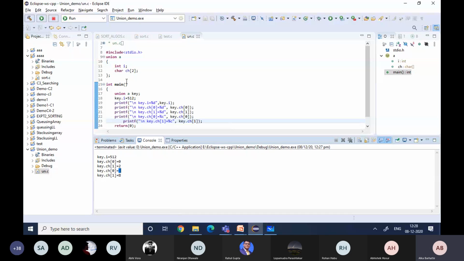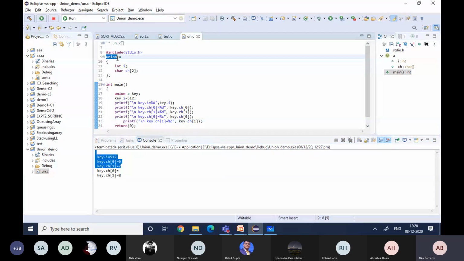Okay, so that means the same memory location. So from this we can say that the union members are sharing the same memory location. The rest everything is similar to your structure. Instead of structure, we are using the keyword union to declare a union. So you need to specify the union name if you are not using typedef, and if you are adding typedef here, that union name is optional, but you need to define the data type before ending that structure, before the semicolon. Okay, so here your